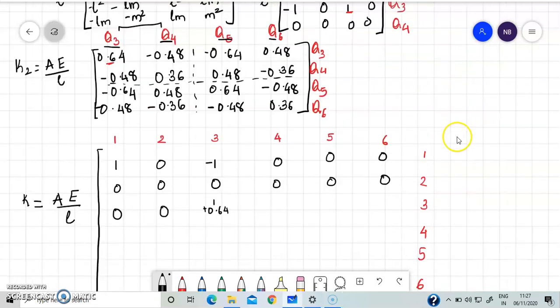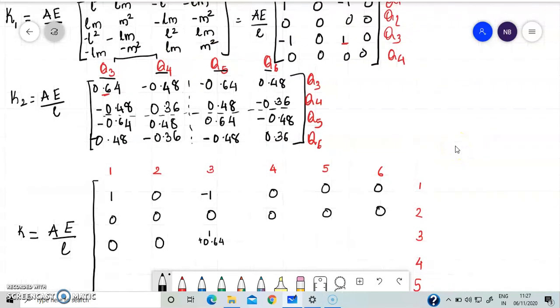At a problem. So 3 or 4 will be 0, and here it is minus 0.48. 3 and 5 is minus 0.64, 0.48,